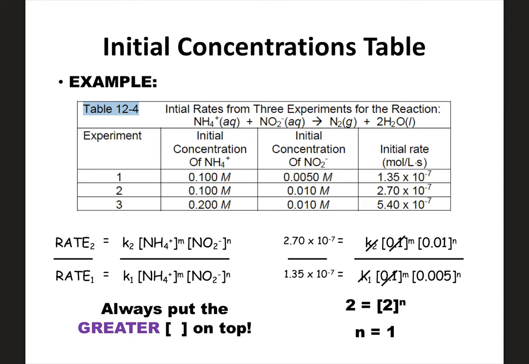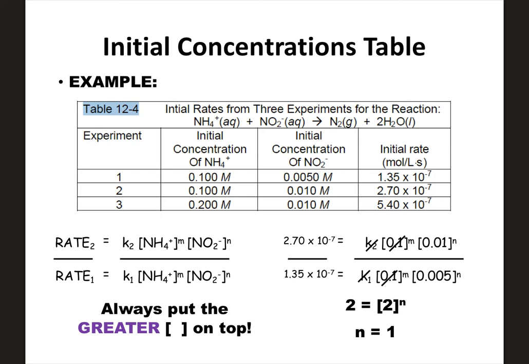So essentially, this is the math you're doing. I would say you definitely need to understand what you're doing here because you might need to use this full setup in some what I'll call algebra versions of this, as you'll see. But at the very least, if you had to show work here, I would have the rates over each other, set them equal to the concentrations over each other raised to the power. And then you wouldn't have to necessarily write this out because they're canceling, but I would realize exactly what is